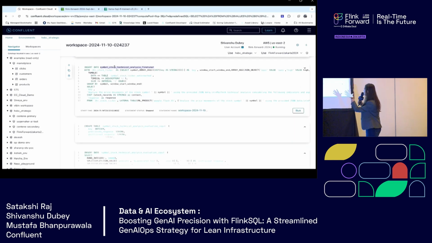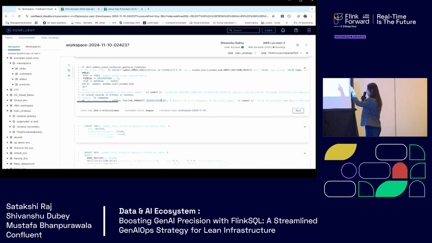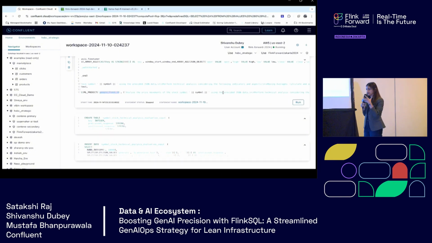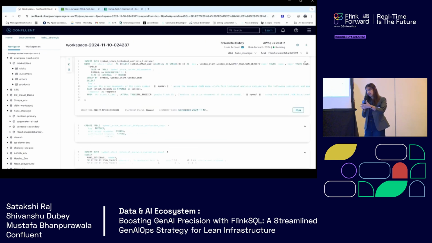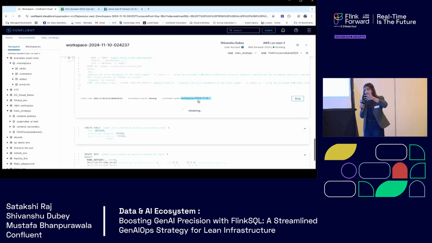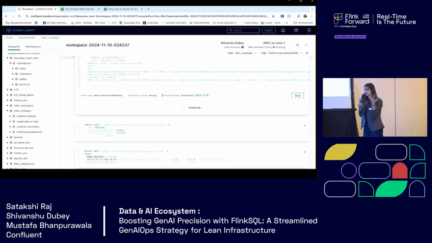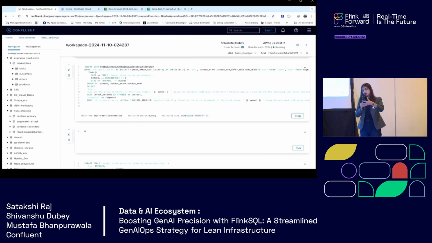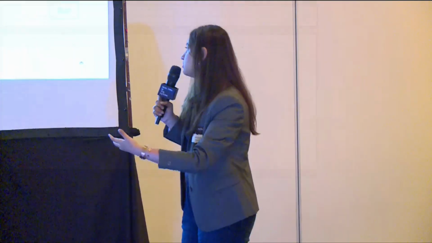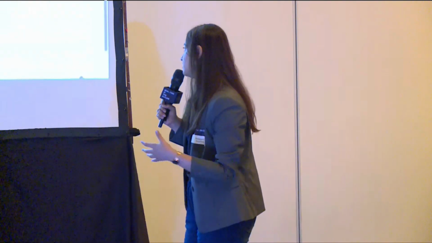Yeah, so in here, if you see, this is the ML_PREDICT function, which is the function that is going to call your model, invoke your model. We're going to send the context, the prompt, and then this model is actually using this prompt and generating the response for you. So it's going to do the technical analysis right now based on the data that you sent to it. So if you want to see the response that got generated,